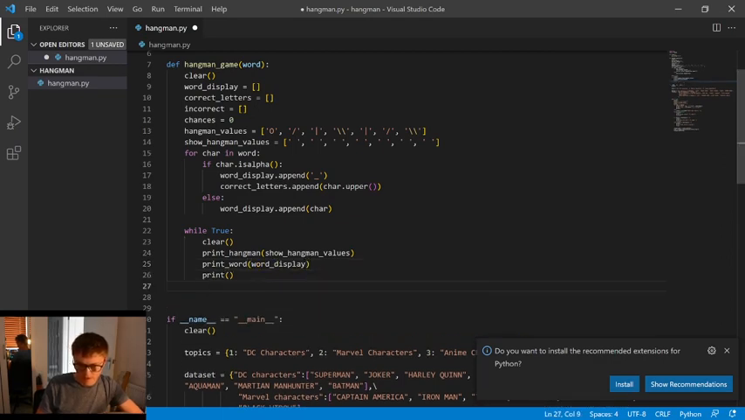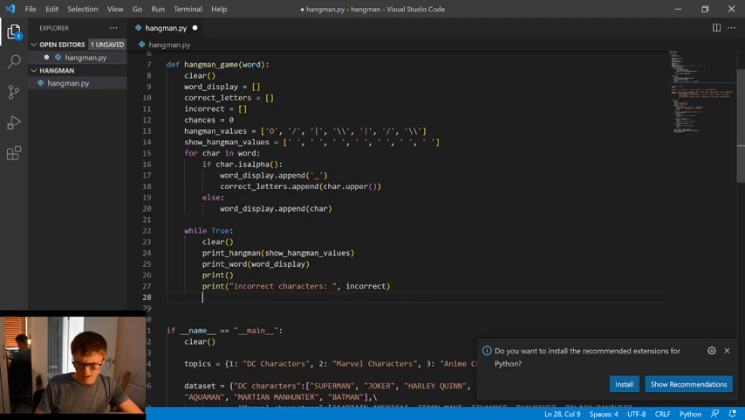Print a blank line. Print incorrect characters, so the user can see the letters they've guessed wrong. If you want to make it trickier for the user, you can not show these, so they have to remember, and then just print another blank line. Okay,